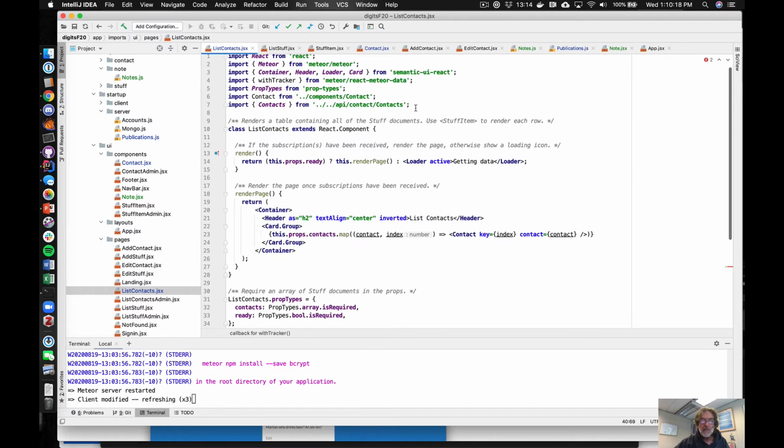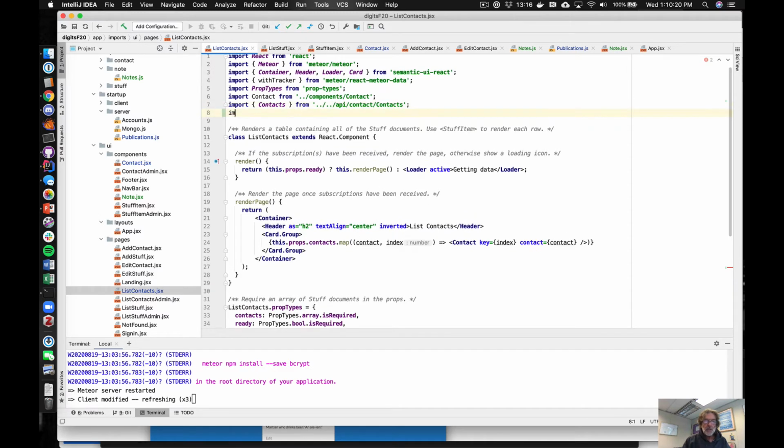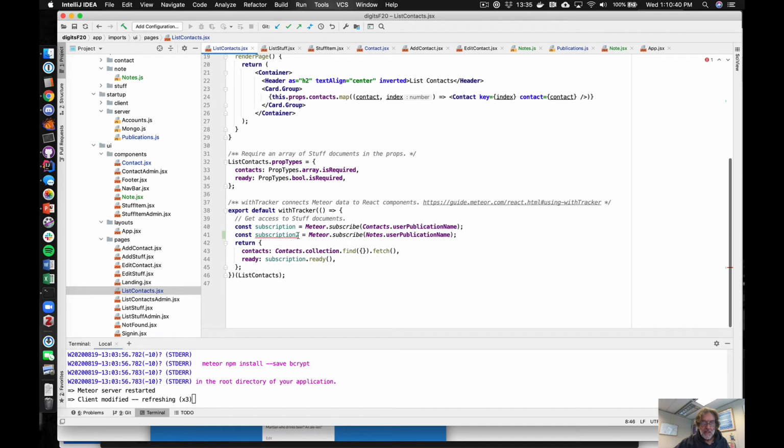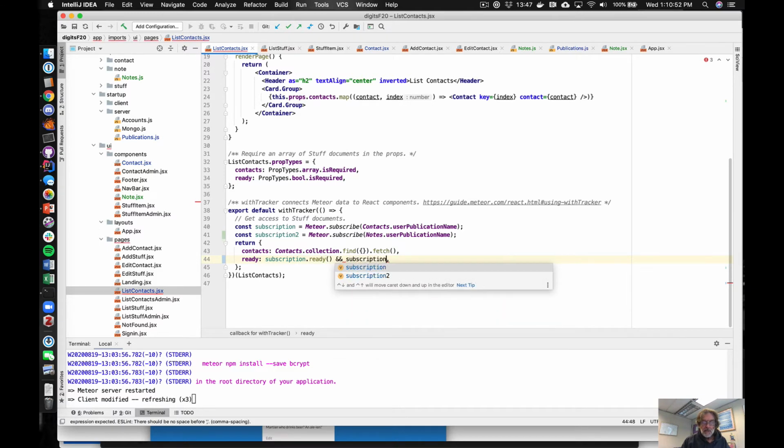So we have to get notes from the API notes right here. And then subscription to, what we have to do is check to make sure that both subscription and subscription to